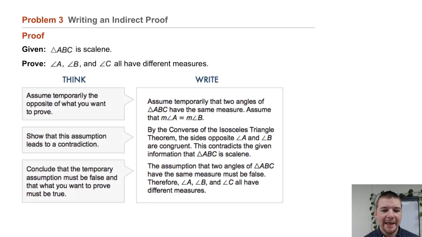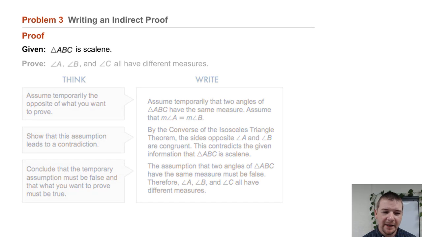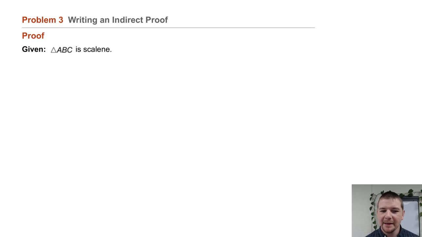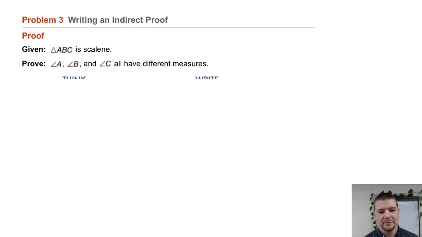Problem 3, writing an indirect proof. Given that triangle ABC is scalene, prove that angle A, angle B, and angle C all have different measures. So our thinking process is on the left, and then the proof in paragraph form, more or less, is on